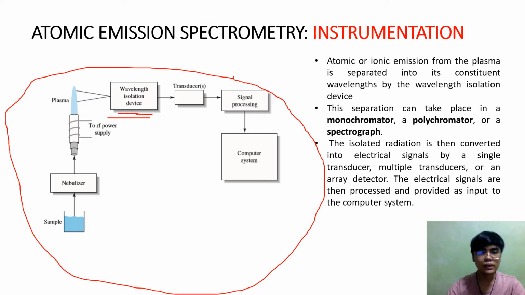This separation can take place in a monochromator, a polychromator, or a spectrograph. The monochromator isolates one wavelength at a time at a single exit slit,